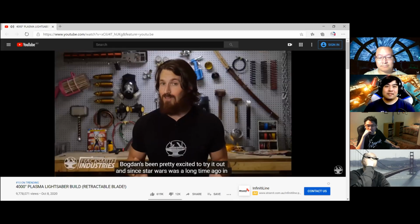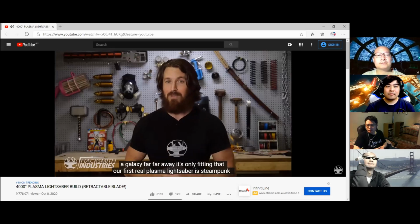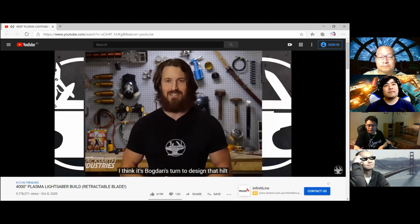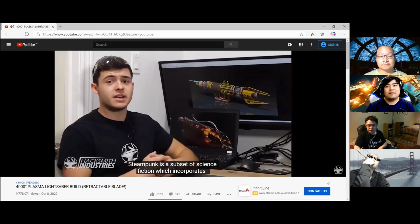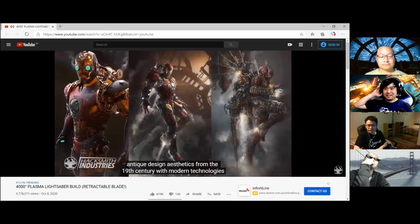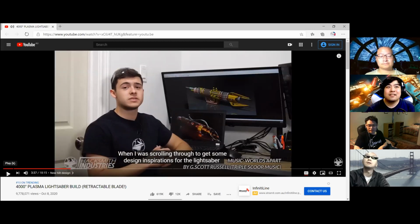And since Star Wars was a long time ago in a galaxy far, far away, it's only fitting that our first real plasma lightsaber is Steampunk. I think it's Bogdan's turn to design that hilt. Steampunk is a subset of science fiction, which incorporates antique design aesthetics from the 19th century with modern technology. When I was scrolling through to get some design inspirations...